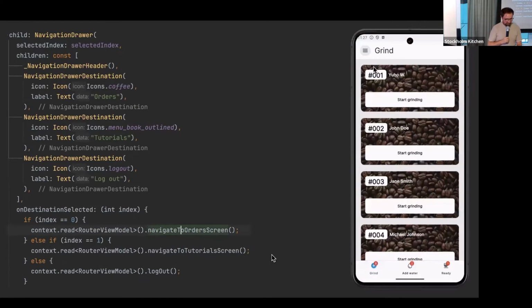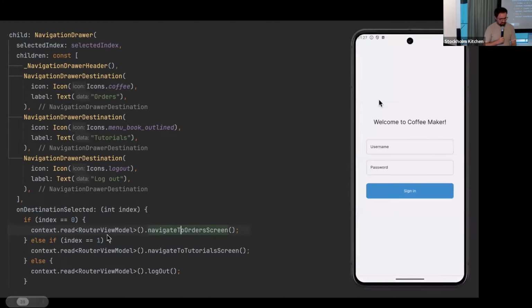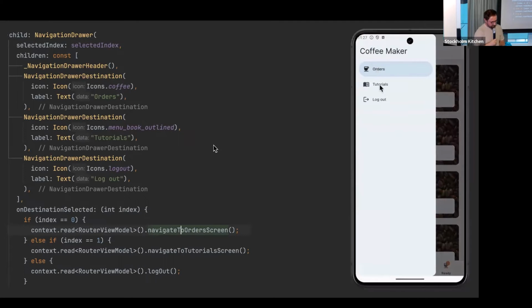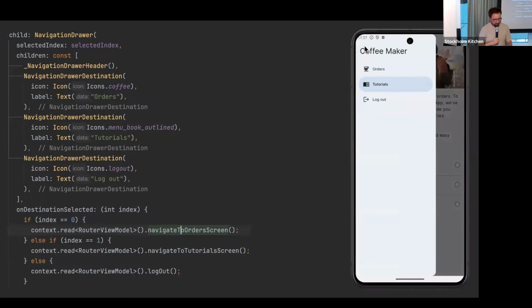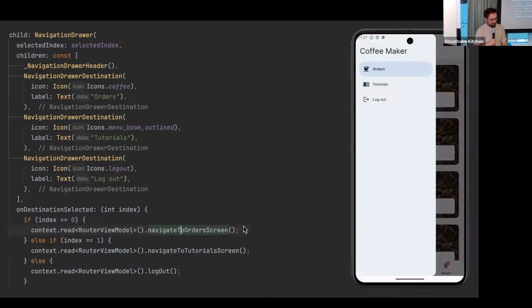When the navigation destination is selected, you access the parent router ViewModel, and then you call the corresponding things, right? But this sounds a bit inconsistent with what I told in the previous slide, because the view tells what to do to the ViewModel. Instead,